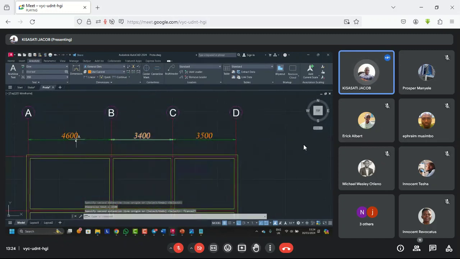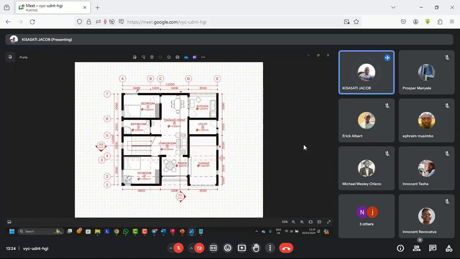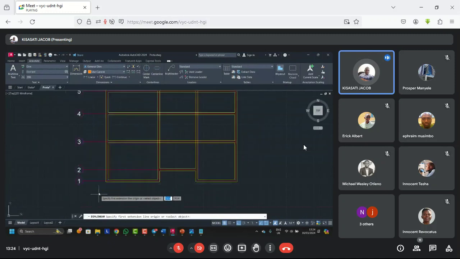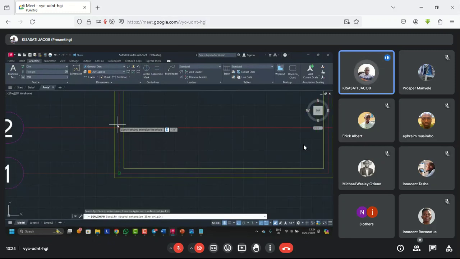So this is okay. As you can see, this one is 46, 34, 35, and that's what we had. 34 plus 12, that is 46. This one is 35. Then for these other ones, the vertical ones, we just do the same thing. We'll come here to the linear dimension. Then we'll start by putting the dimensions here,